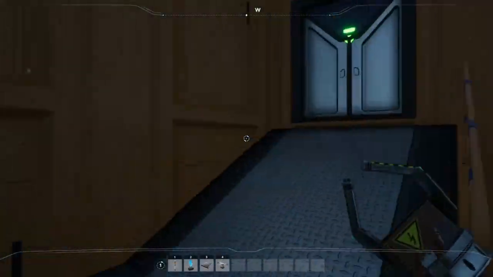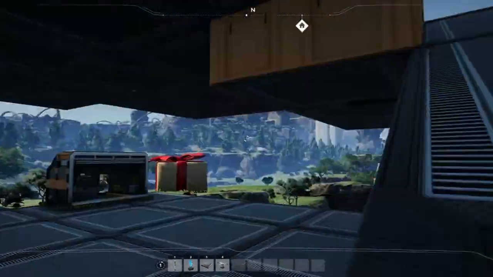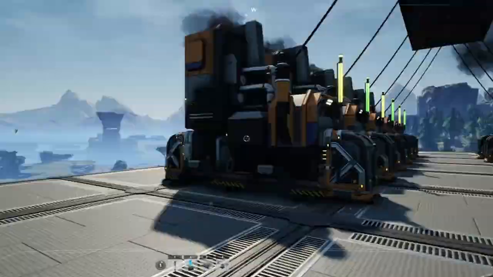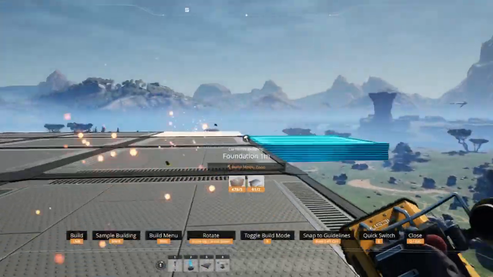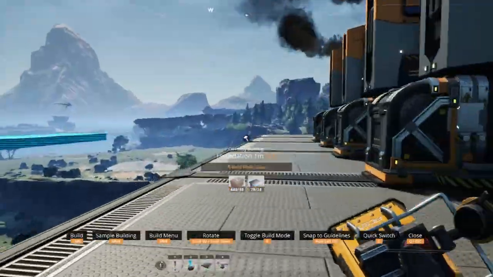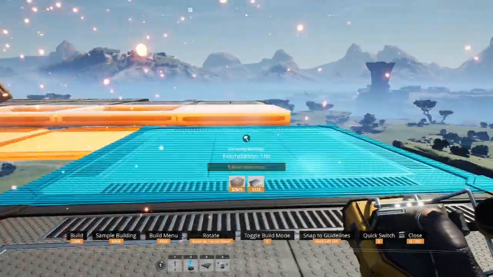Next, we're jumping into working on the iron factory. This is before the power supply system got started. We're just going to expand the factory floor. And then how I'm going to do this is I have the smelters in the main center section. We're going to build